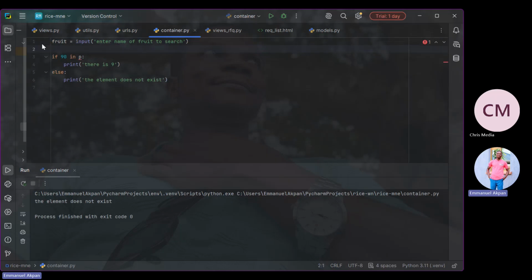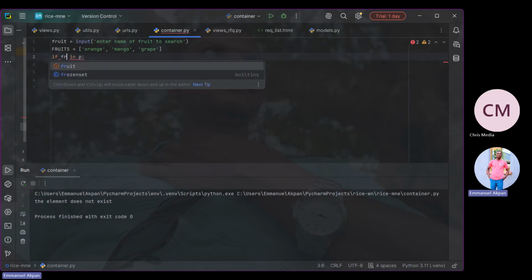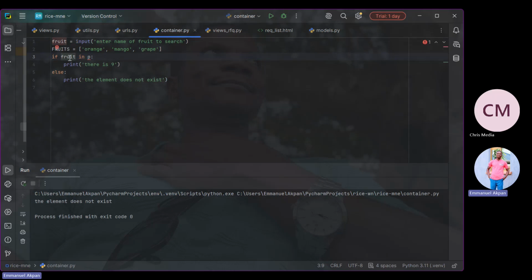So we say fruits equal to, you now list fruits: orange, mango, grape. Then you can add as many as you want. So from here, what do we say? We say if, instead of 90, we now say if fruit in fruits,